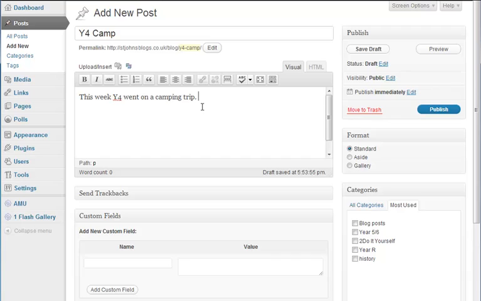Very simple. From there you can also add things like bullet points, make it bold and underline and so on as well. If you want to include links, you can do that. So, click here for camp. For example, if you wanted a link to the camp and show people where it was, you highlight the words that you want to be the link and click on that link there,